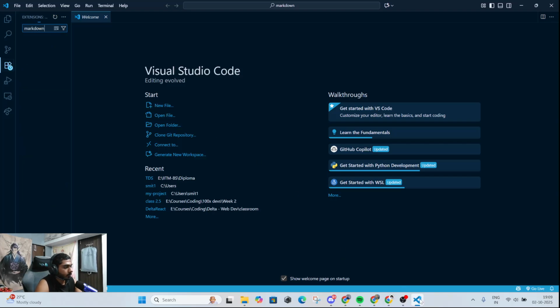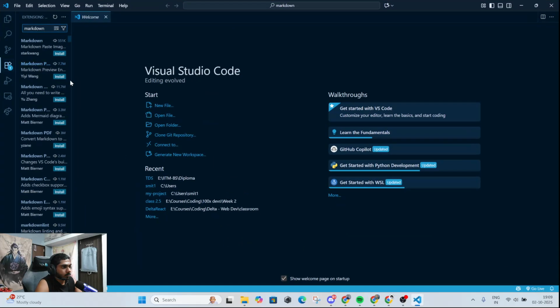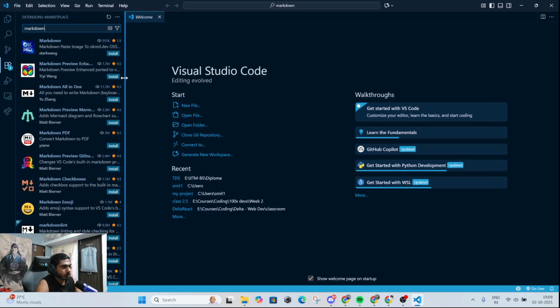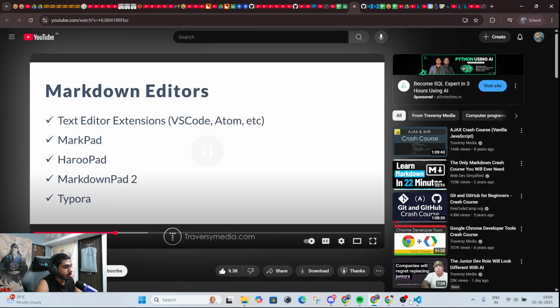And that's what I use, but you can also use other extensions for VS Code, and then of course other text editors like Atom, Sublime Text. They also have Markdown extensions or plugins you can use. That's what I would recommend, but then you also have editors that were actually created